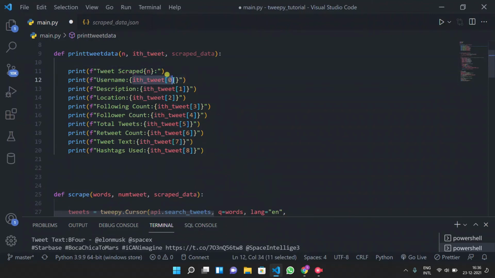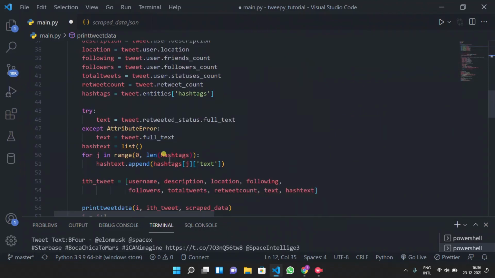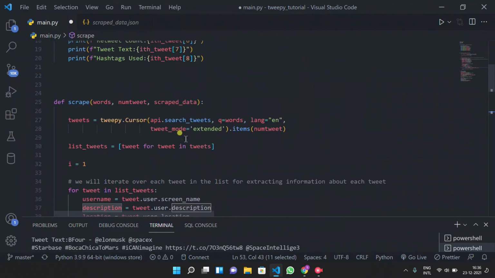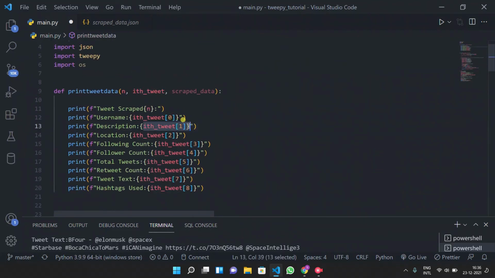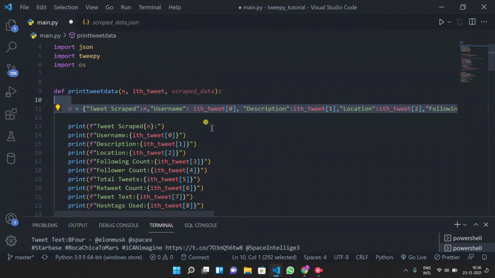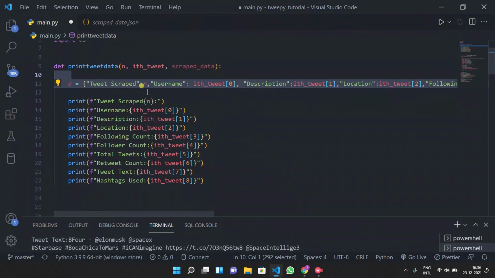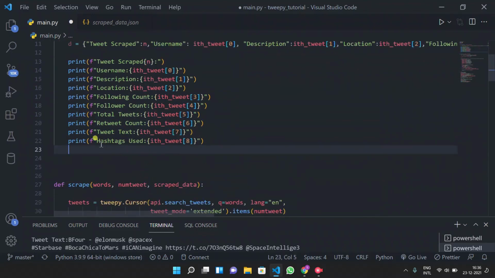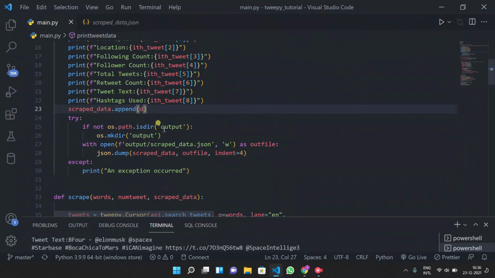I'm getting the username by accessing the first element of a list, as this list contained the first element username, second element description. We can access that by tweet[1], like this. And then, since we need a JSON file, I am creating a dictionary which will contain all this data, and then we append this dictionary to the scrap data, and then we will get this in a JSON file.